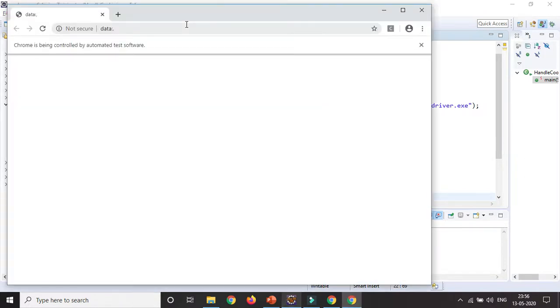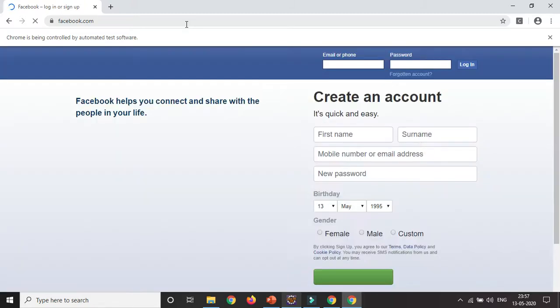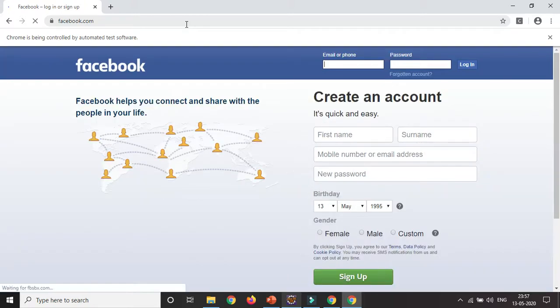So it will launch the Chrome browser. It will open the Facebook page fully. After that, it will give you the details for Google's cookie, right?